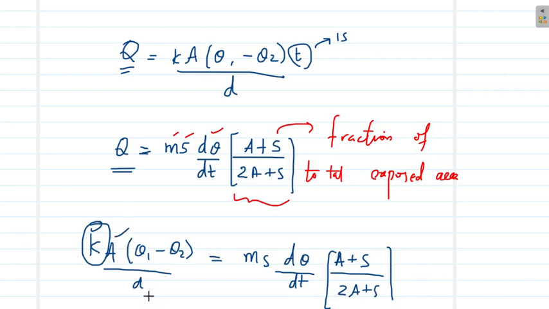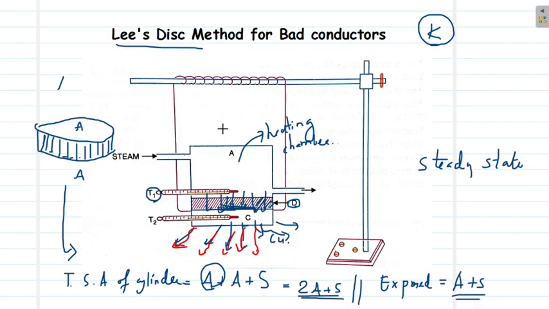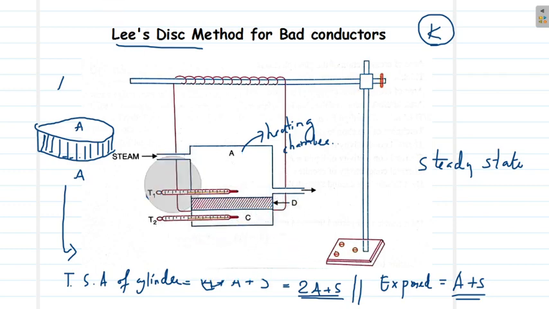We know the area of cross section, and the distance between the two thermometers; theta 1 and theta 2 can be measured. Mass of the bottom cylinder is known, its specific heat is known, and the area of the curved surface and the circular region can be measured. The only thing that is unknown is d theta by dt, which is the rate of change of temperature for this bottom cylinder. Now, how can you measure that? How can you measure the rate of change of temperature with respect to time, the cooling rate of the bottom part? To find d theta by dt, we will have to do another small setup.